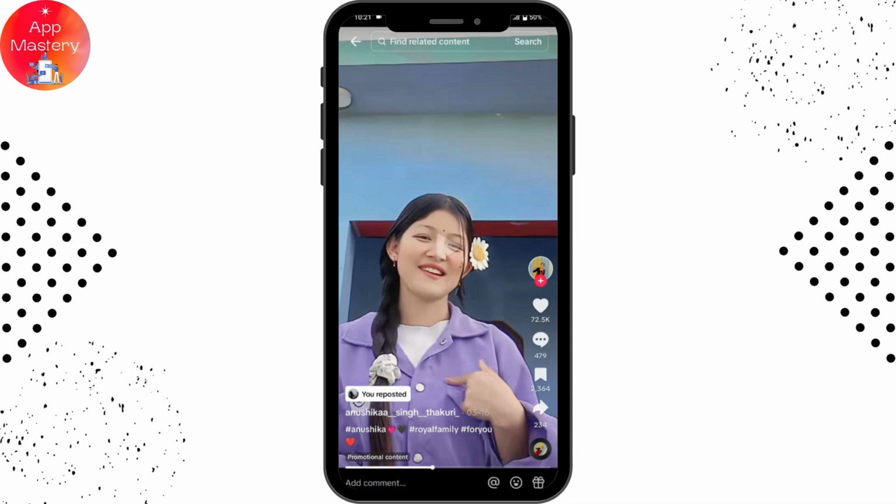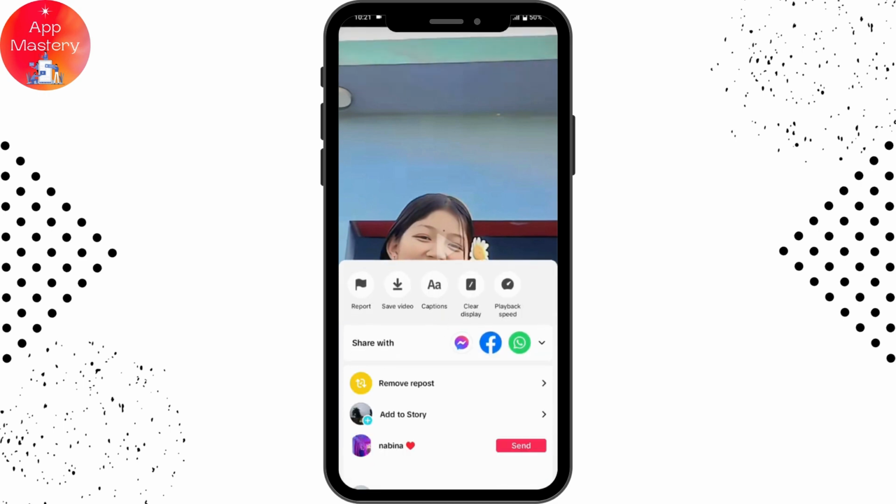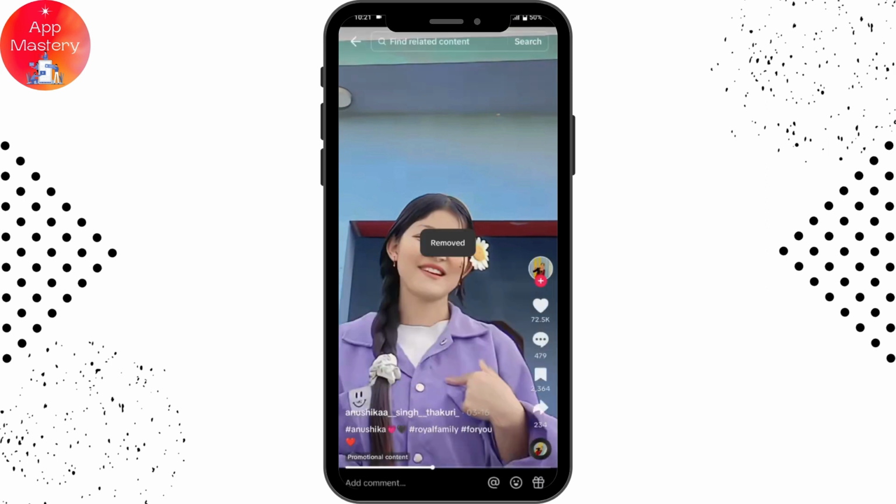So from here you can simply tap on the option which says you reposted, or you can simply tap and hold on to that video, and here you will have remove repost option. Tap on remove repost, and now your repost has been removed. So to remove all of your repost on TikTok, we don't have that option yet, but you can simply remove